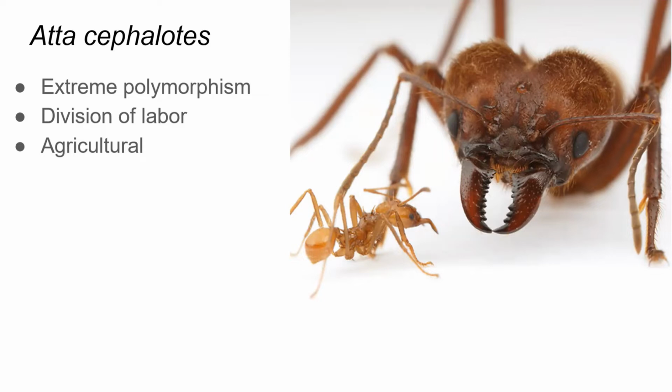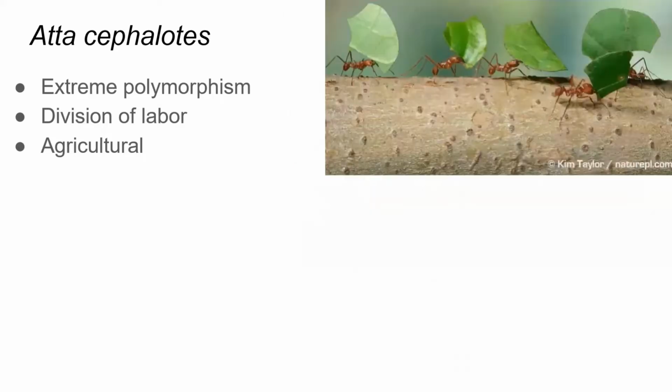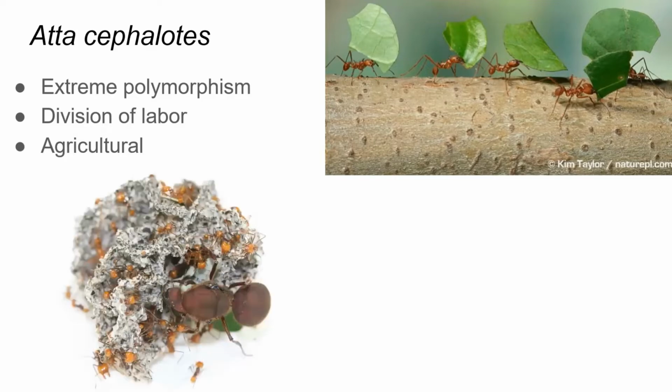Leafcutter workers can vary greatly in size, as you can see here, and there's a pronounced division of labor in this species with different workers specializing in different tasks. They engage in large-scale agriculture where they farm their own symbiotic strain of fungus, which looks like this, by supplying